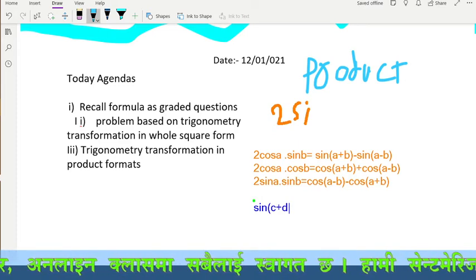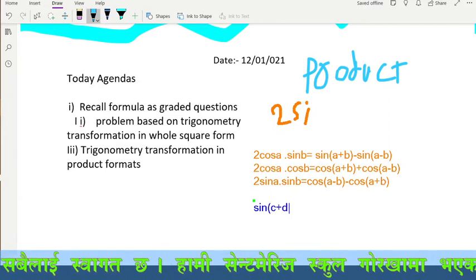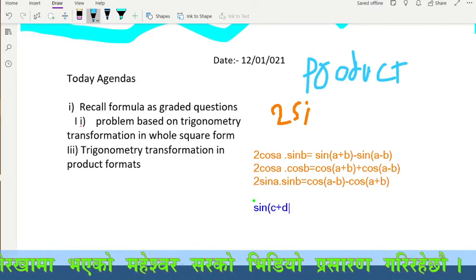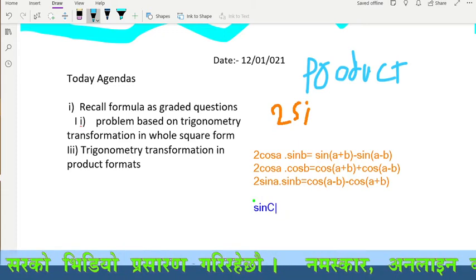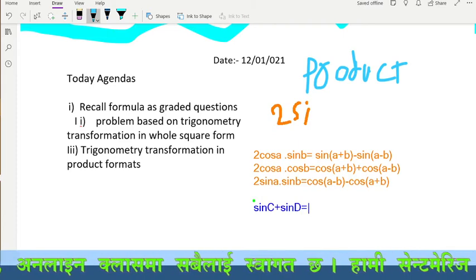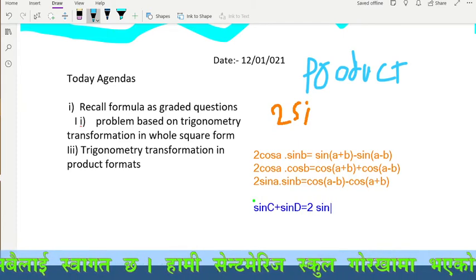So just once I will recall, then we will go through direct problems, right? Sin C plus sin D, we have read this formula as 2 times sin